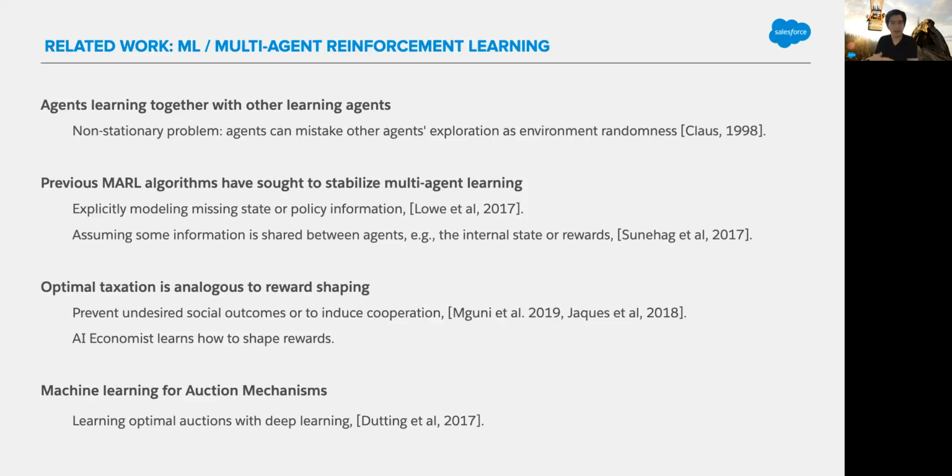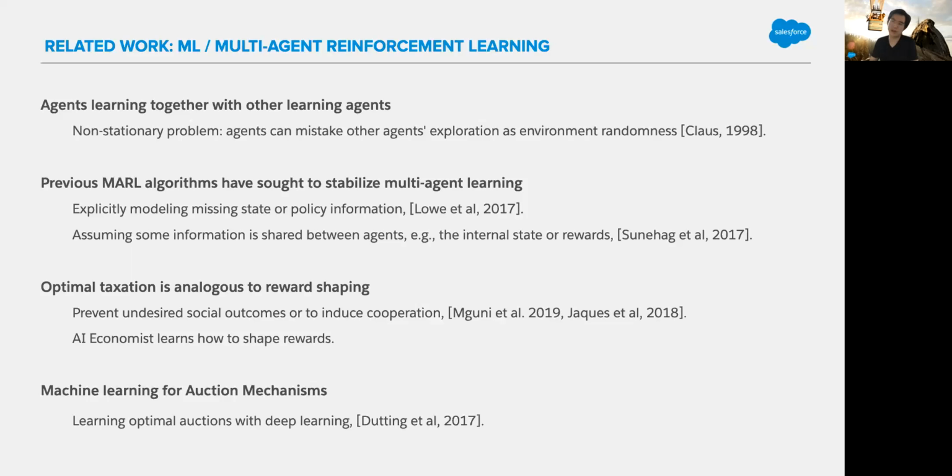That will then motivate more cooperative behavior out of agents. And in some way, the way we can think about this AI economist is that it's actually learning how to shape and change the rewards of the individual agents, because you're taxing people, and that changes their payoff for their work. And then lastly, I'll mention that there has been some machine learning that has looked at economic